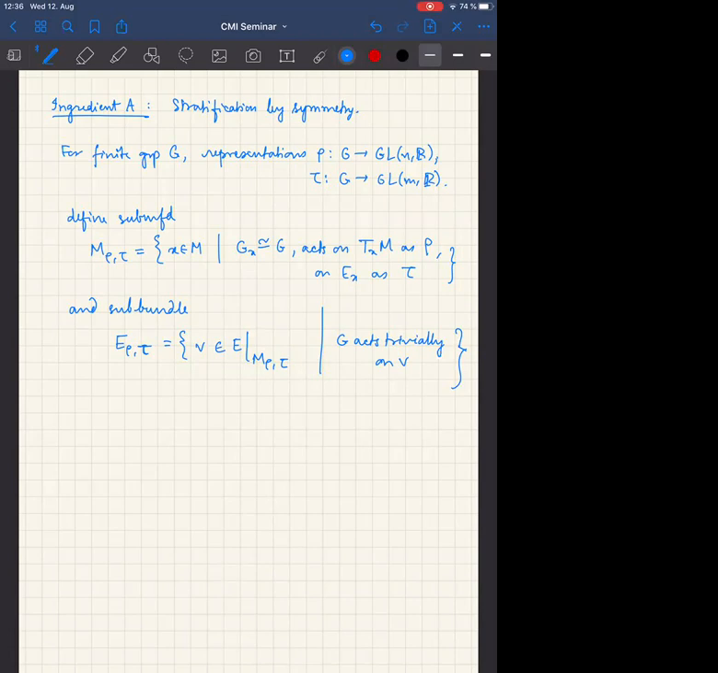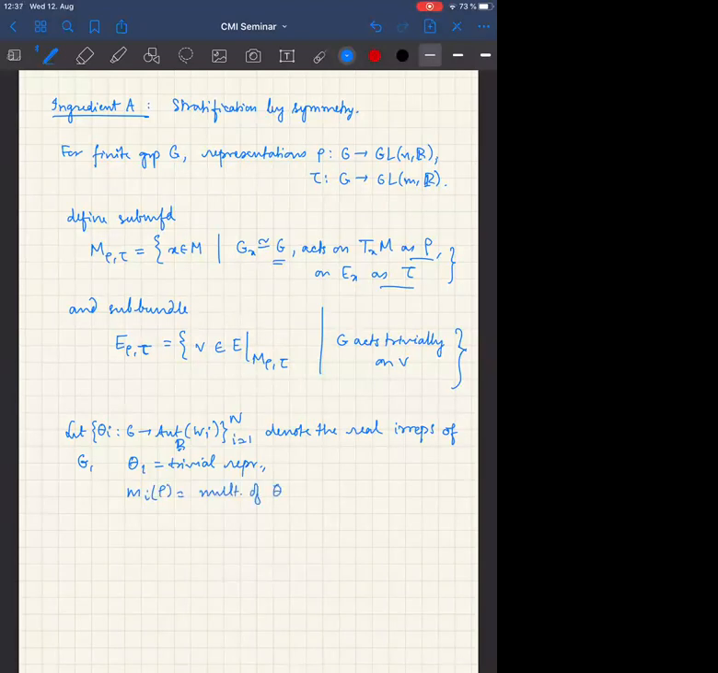Right? So now we isolated ourselves to the action of a particular group in a particular way. And now we already have fixed representations. But these representations need not be irreducible. So we will look at its irreducible components. So let theta I from G to denote the real irreducible representations of G. So let's say theta 1 is the trivial representation, the first one, and suppose mi of rho is the multiplicity of theta I in rho,